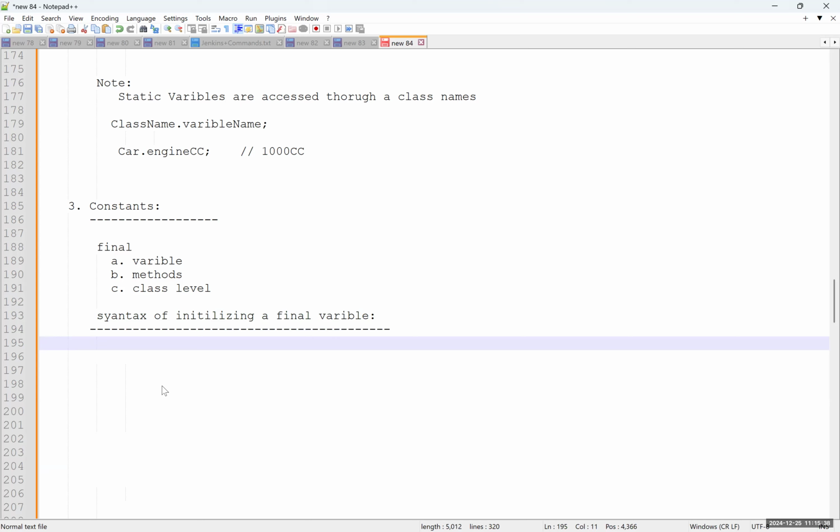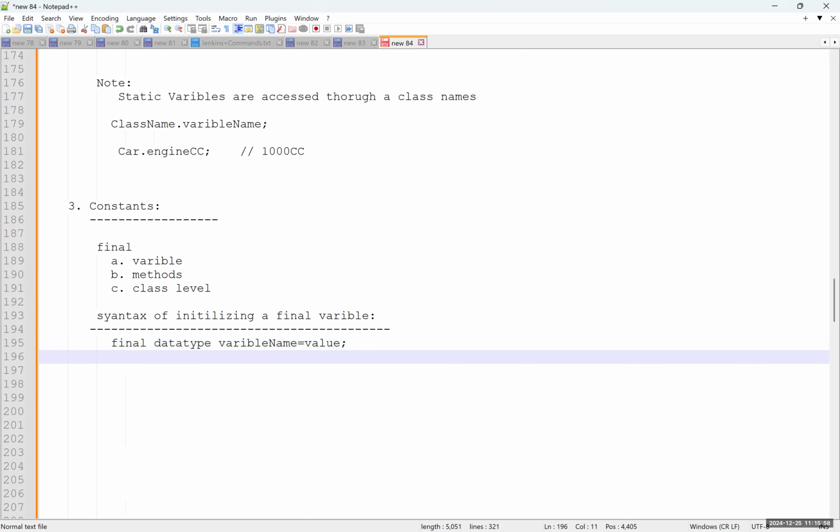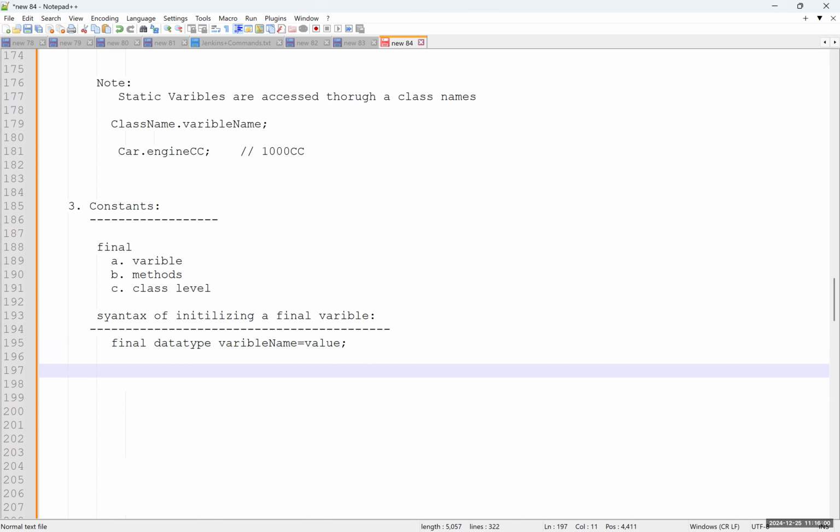Final keyword, data type, variable name equals to value. Okay, so this is the syntax. You have to follow this syntax to initialize a final variable or a constant. For example, let's say